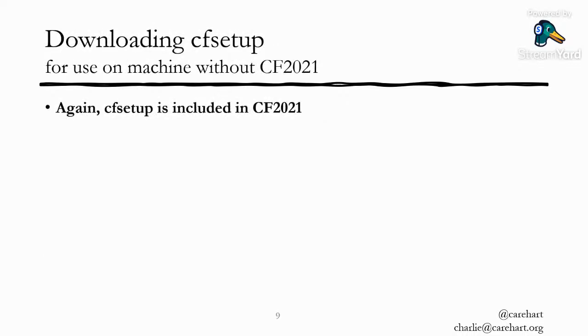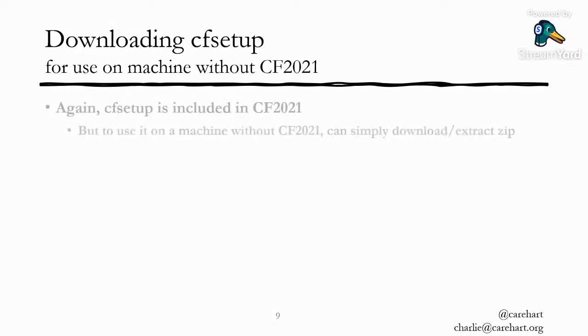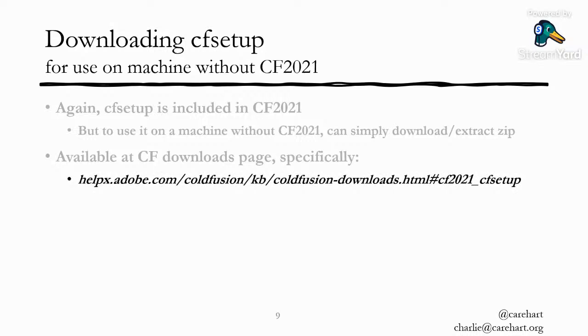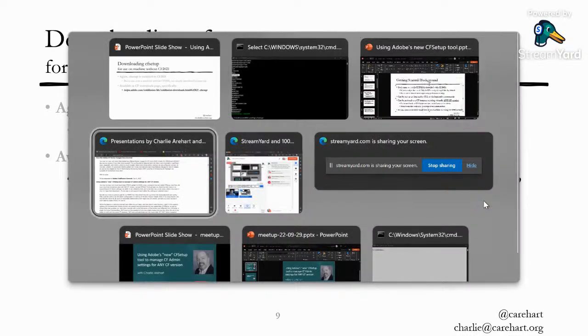So what about this notion of getting it before we even try to use it? What if you don't have it, right? You guys might be sitting on a computer, laptop, machine, workstation, whatever, VM, where you don't currently have CF 2021. Well, if you do, it's already there. But if you don't, you have to go get it. And you get it from Adobe's ColdFusion downloads page. For some of you who know that, it's this weird looking URL. But if you just Google ColdFusion downloads,